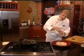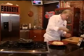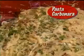Top it with shredded Parmesan cheese. A little chopped parsley. Now we're cooking. This is